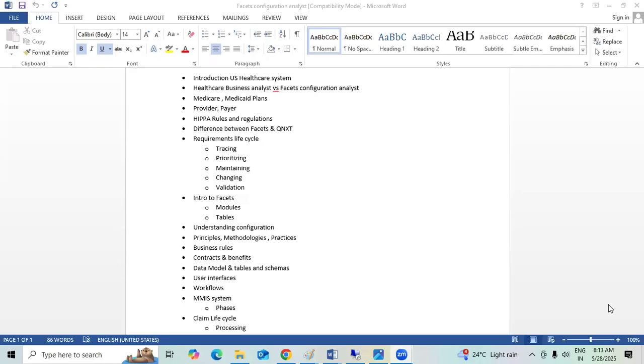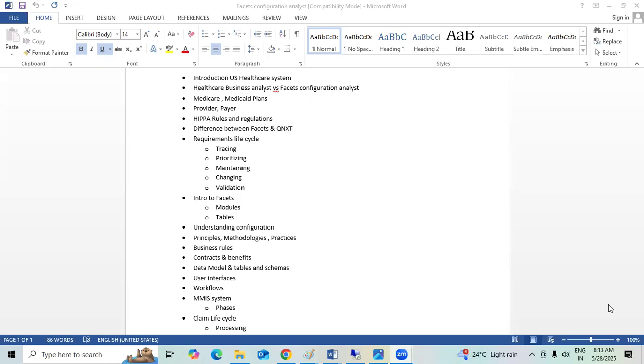In the last session, we discussed the facets configuration on a high level note. Today I'm going to discuss facets configuration analysis, right? So what is that something that we are going to discuss in coming days? Because as and when we are working in the healthcare environment, especially healthcare systems,